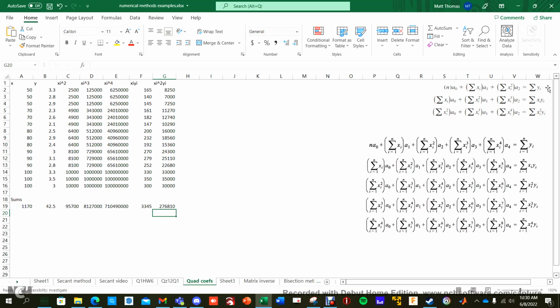Now, an FYI, remember the sum of yi, xi yi, and xi squared yi are actually our b values. So that one, this one, and this one, that is our b values. Because remember, we need some sort of